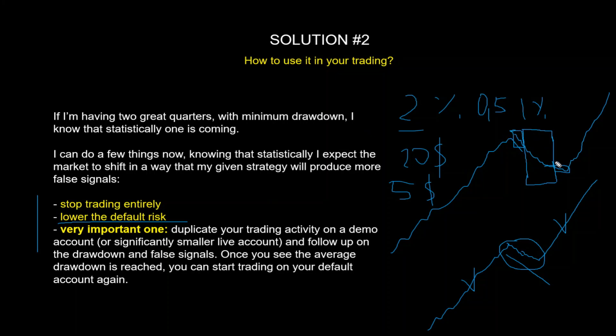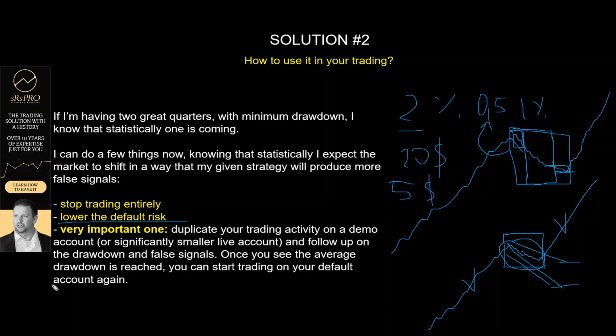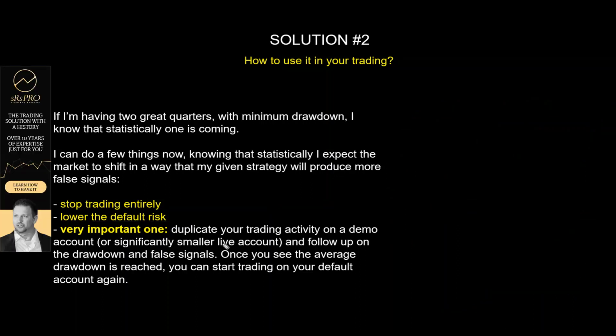You're decreasing the amount of money. So even if you get this entire streak of losing signals, just because you minimized your risk, you will get the same output at the end. You will lose this much instead of that much. Same amount of trades, but you will be losing less. Okay? And a very important one here, this last final part.